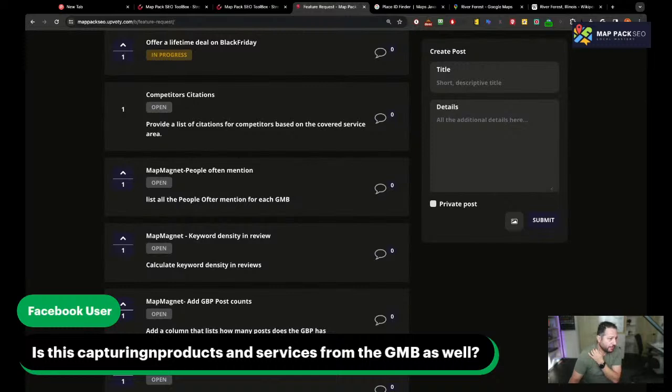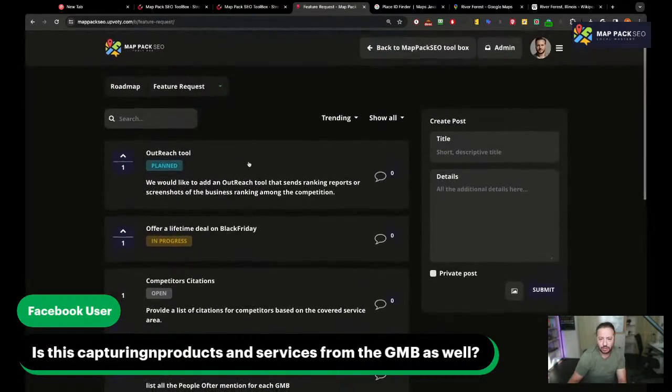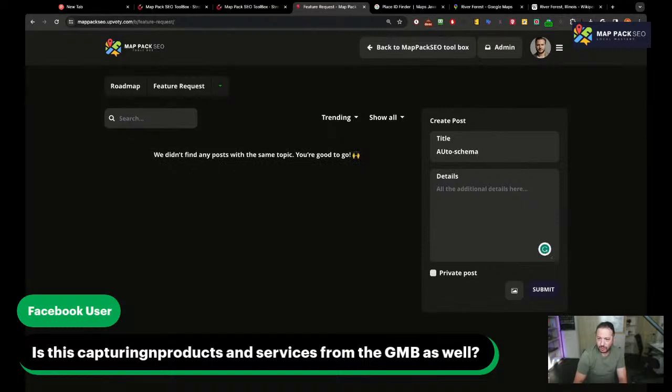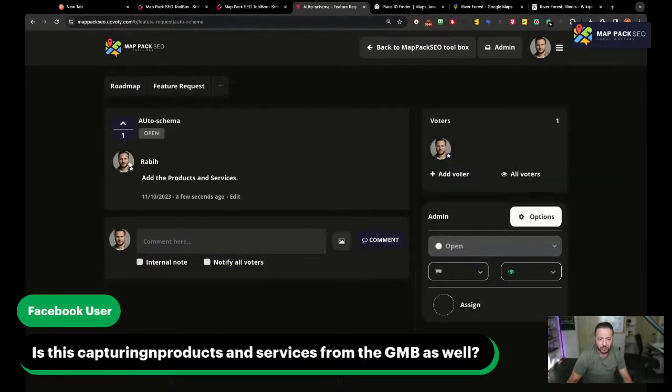I could get the services, but I'm not sure about the products. I'm going to double check with the API whether I'm able to scrape those before I create the schema, and if so I will definitely add it. So let me go ahead and add, for the auto schema, the products and services. There you go. That's my vote, so I have one vote.